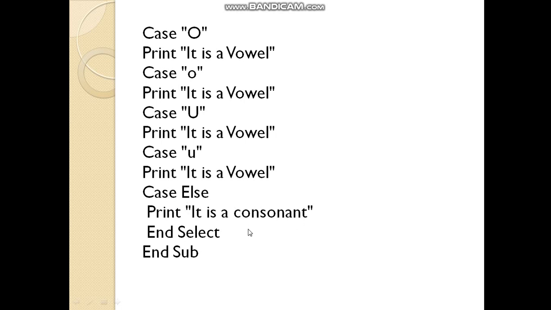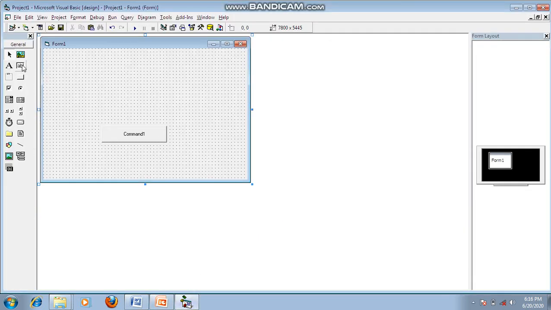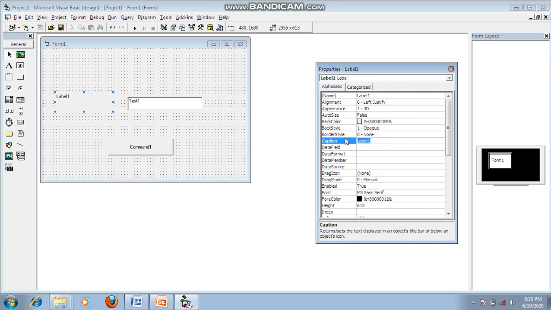Now I will show you the program. This is a command button, and this is a text box. Here I am taking one label, and in the label properties I am giving the caption enter any character.